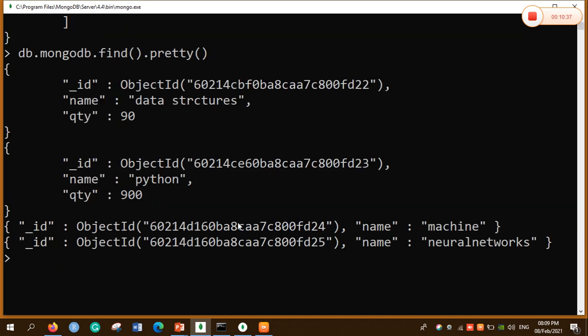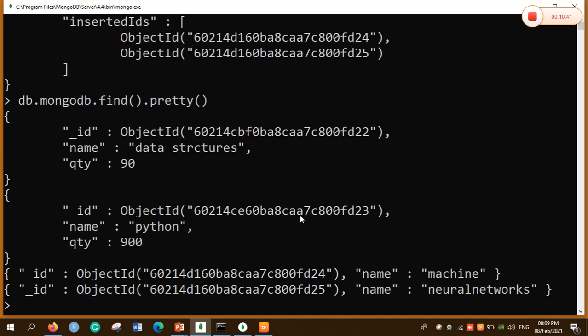Yes, successfully we have inserted the multiple documents using insert many. Insert many is used to insert thousands and lakhs of documents within no time. Now we are going to find some of the other operations like CRUD operations: create, which we have already done, update, and as well as delete. So let me type an update. So db.mongodb.update of